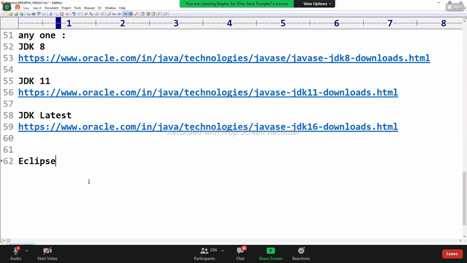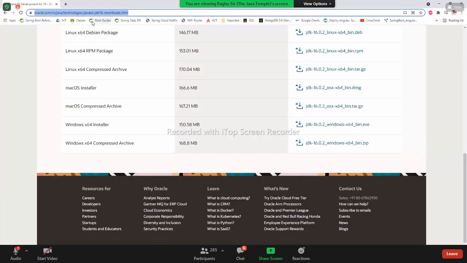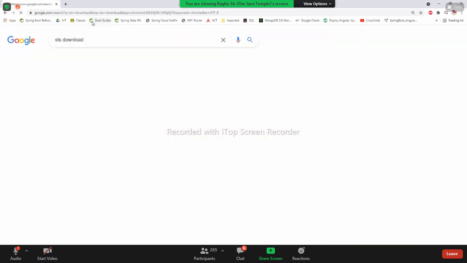Are you working with Eclipse here? Don't use Eclipse. Start working with STS only. STS is advanced compared to Eclipse. STS download. "Sir, I have some other tools to work." Your interest, I'm not forcing, but I recommend STS, which comes with all required plugins: Maven plugin, Gradle plugins, Git plugins and all. So working is easy. It reduces a lot of work compared to Eclipse. STS is advanced to Eclipse only.